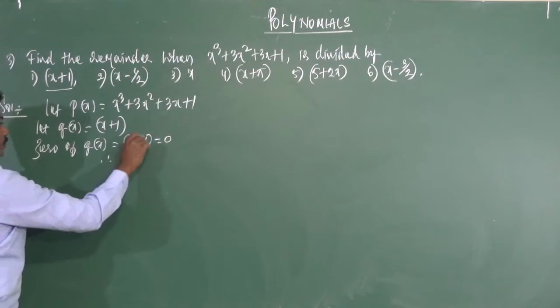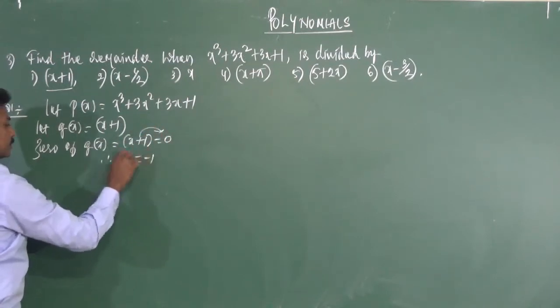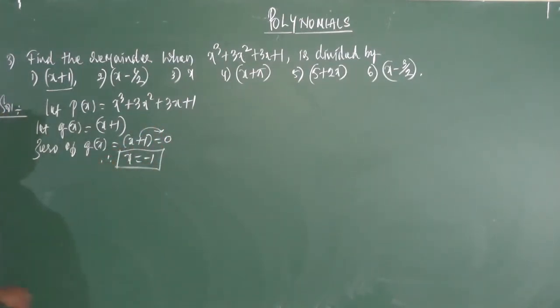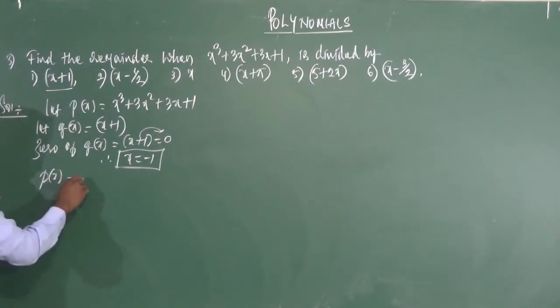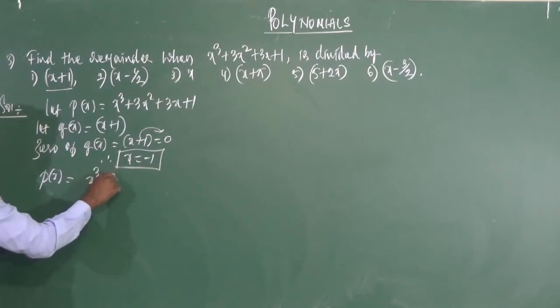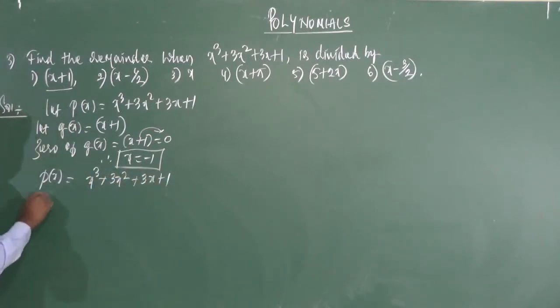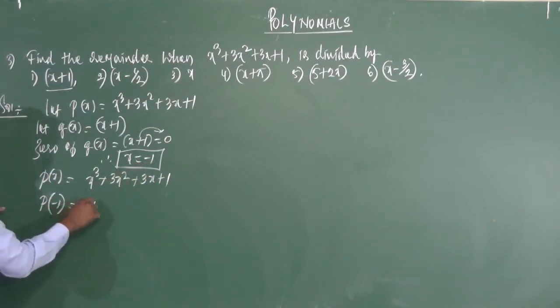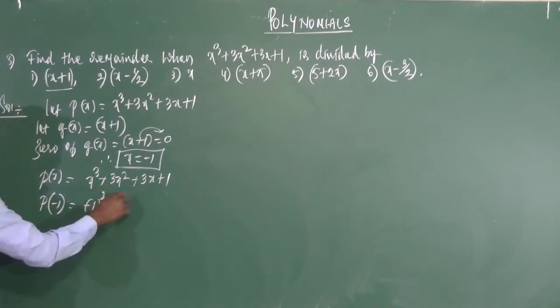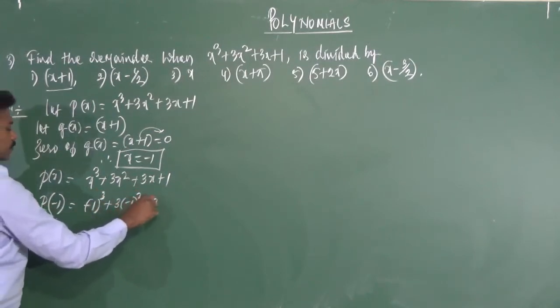Therefore x plus 1 equals 0, so x is equal to minus 1. Let us take the polynomial p of x is equal to x cube plus 3x square plus 3x plus 1. Instead of x we have to take minus 1. So p of minus 1 is equal to minus 1 whole cube plus 3 into minus 1 whole square plus 3 into